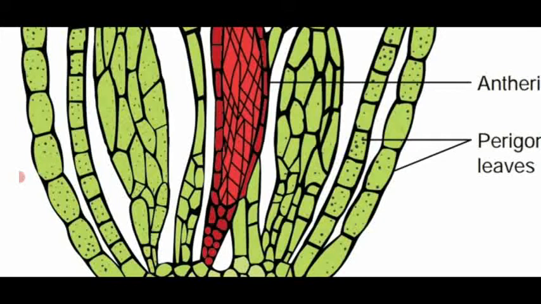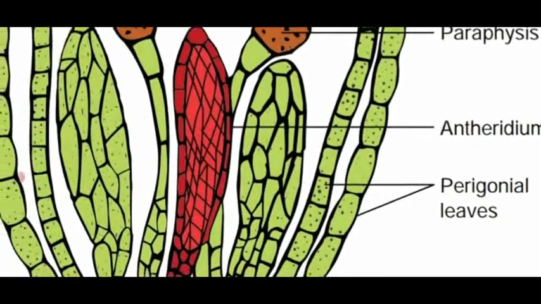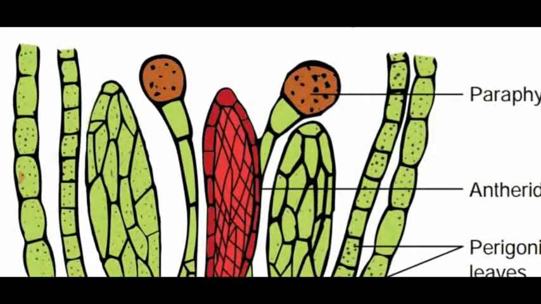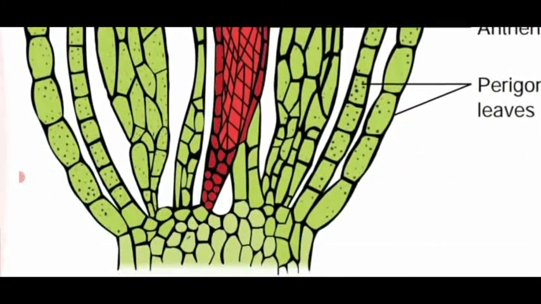On the inner side of the antheridial branch, it contains many antheridia. These antheridial branches are enclosed by slender leaf-like structures known as perigonial leaves. Inner to the antheridial branch, many antheridia are present, which are tennis racket in shape. These antheridia are separated by a leaf-like organ known as